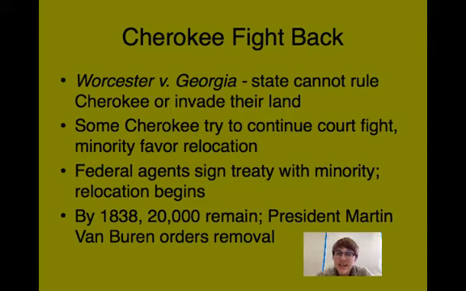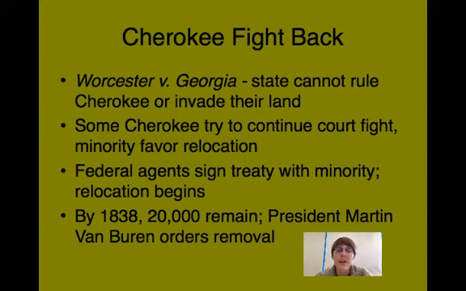So what the Cherokee does is they actually find an American citizen who was a Christian missionary who helped the Cherokee. And together with this missionary, they have another Supreme Court case called Worcester versus Georgia State. They basically are trying to rule that the state cannot rule or invade Cherokee land. This does not work, even though they're trying. And part of the reason it doesn't work is because Jackson is basically very strict in saying that the Supreme Court had already ruled against Cherokee, and they are now going to force the Cherokee to be removed from their land.